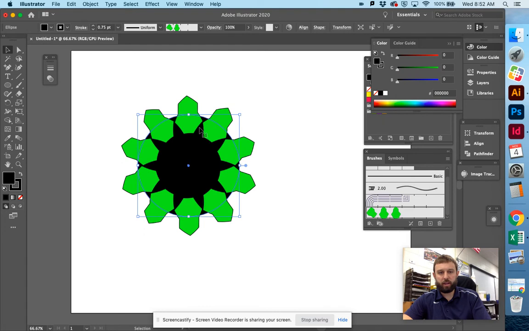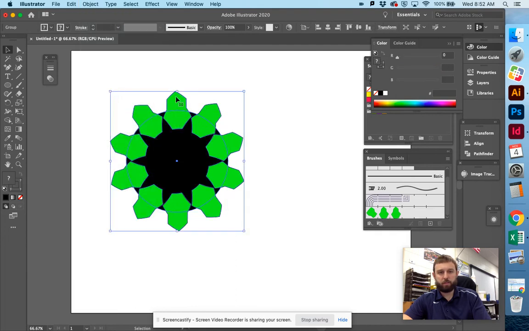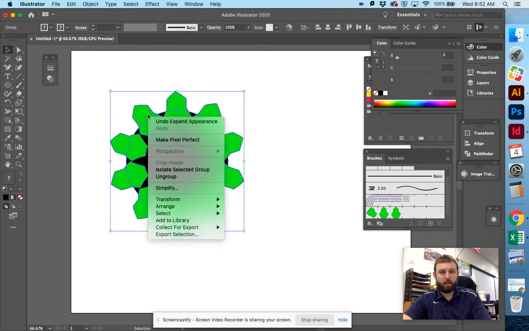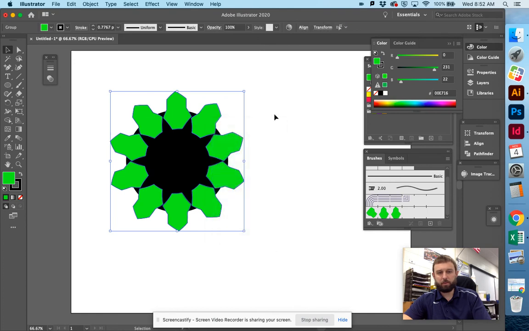Once you have that setting, notice how there's no anchor points or anything around here. In order to get that, you have to go to Object, Expand Appearance. And once you have Expand Appearance done, now it's going around the whole entire thing. And now you can right-click and ungroup it. You might have to do it twice. But now all these shapes are individual,